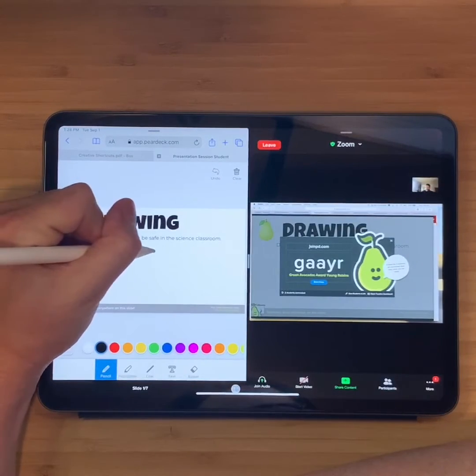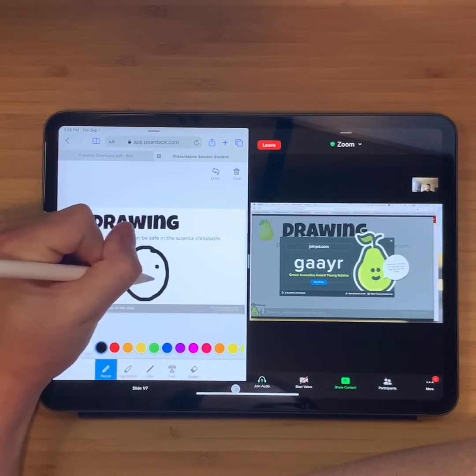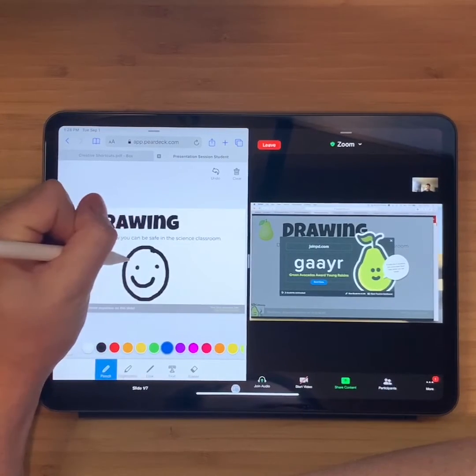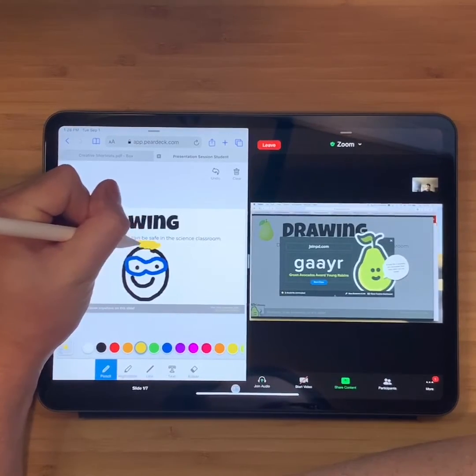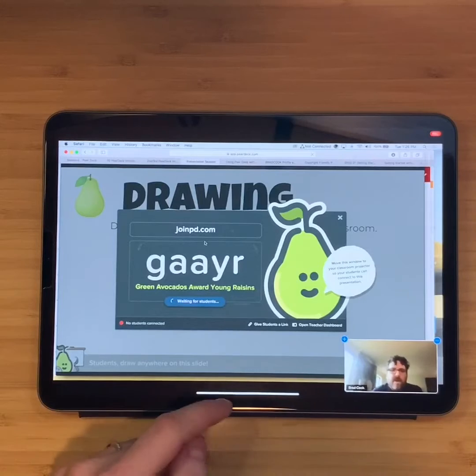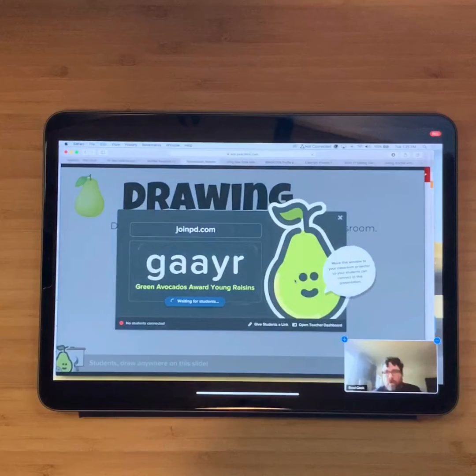A great way to replicate this experience on Zoom is to guide learners to leverage split view during a live Zoom to participate in the Pear Deck while viewing your projected screen side by side. To participate in this experience, learners will join the Zoom session. Learners will then open split view by gently dragging up from the bottom of their iPad screen,